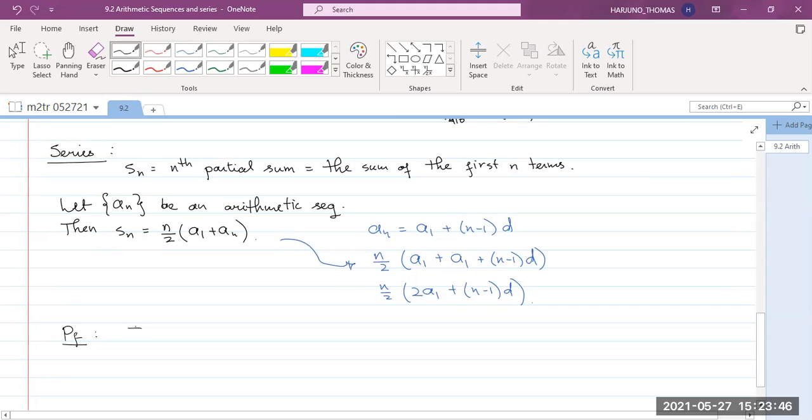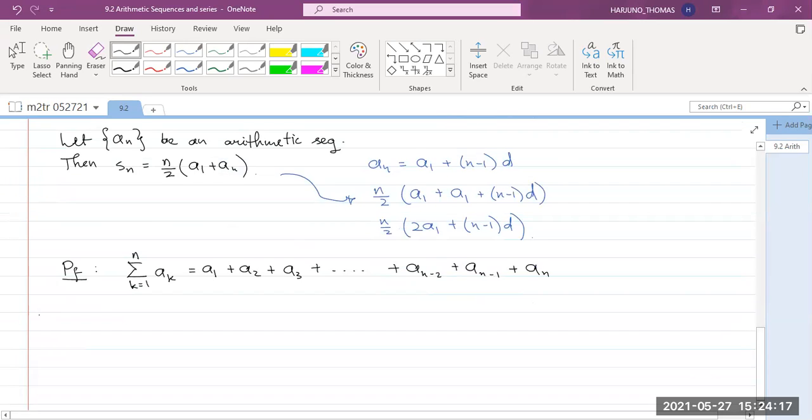Let's say I have that summation, the sum of the first n terms. That's a sub 1 plus a sub 2 plus a sub 3 all the way to a sub n minus 2 plus a sub n minus 1 plus a sub n, right? That's the sum of the first n terms. Now, the thing is, because the sequence is arithmetic,